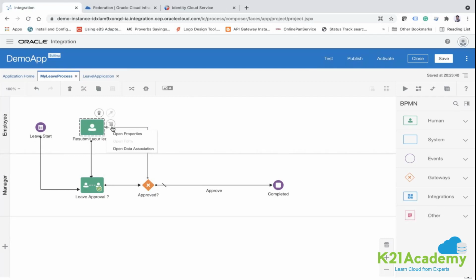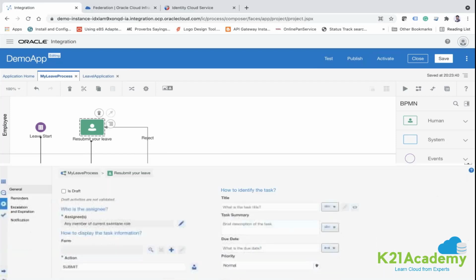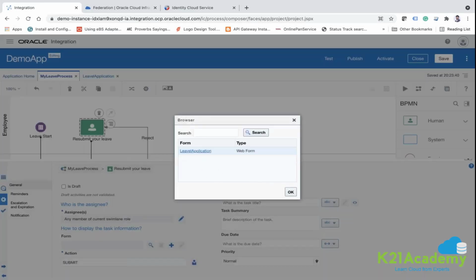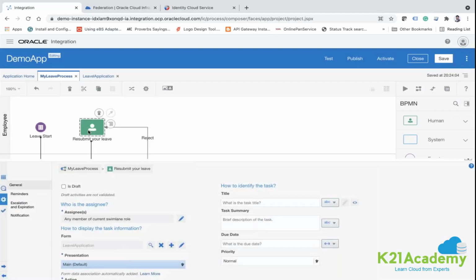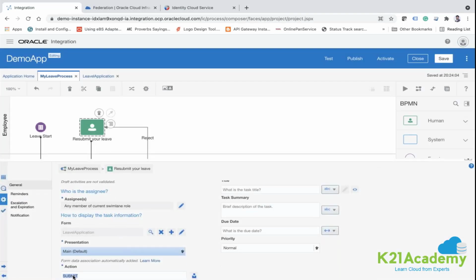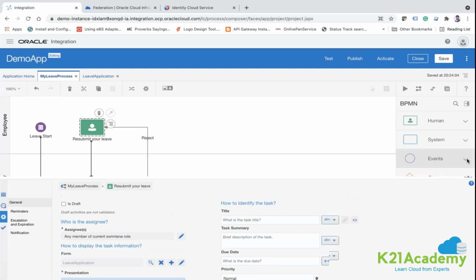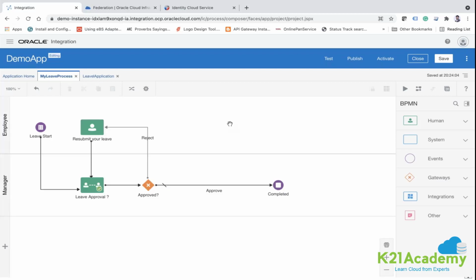Now I have to attach the form with this one also, and then again click on this and attach the form, and the action of this will only be single, which is called submit. Then also you can have the title, task summary, due date, and then priority. Fine. Now my task is completed. I have configured this, this, this, and this. Now I am good. Now this is the time to test my process.